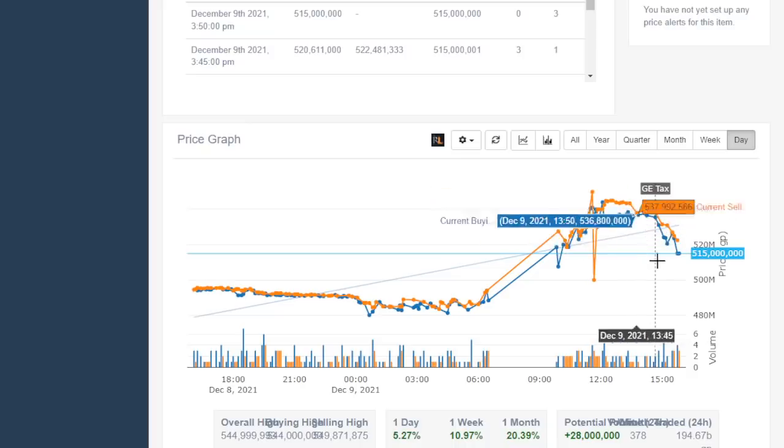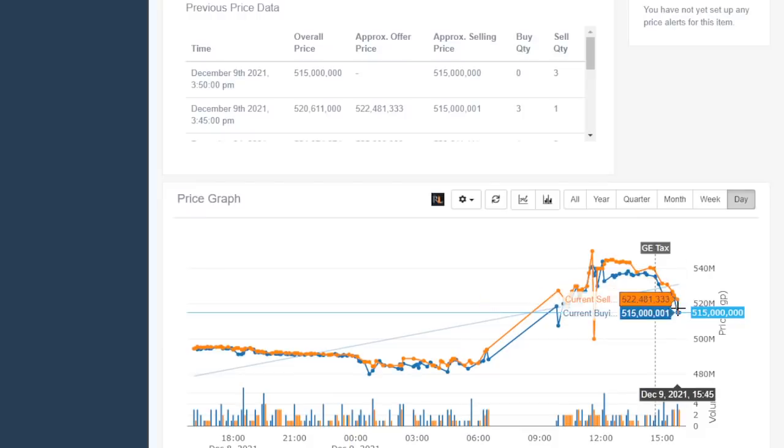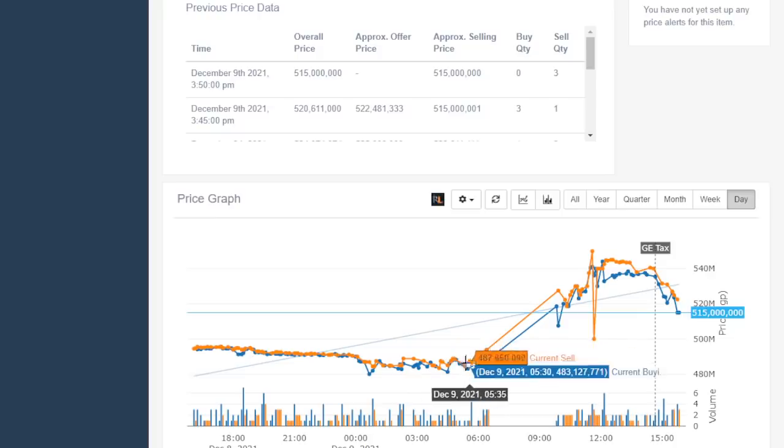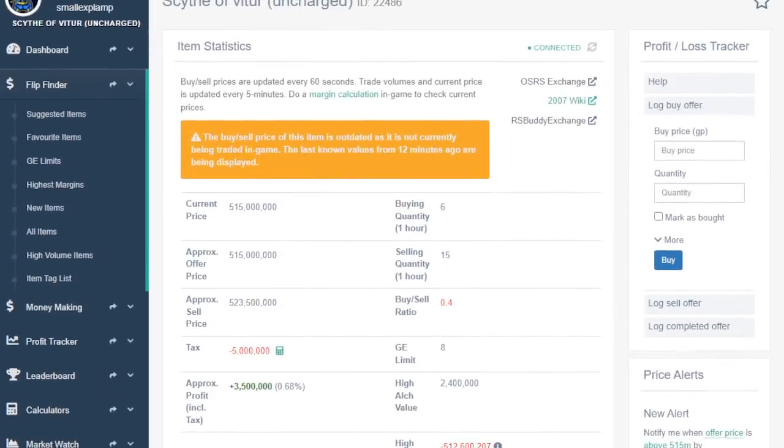So I might throw in a low ball offer, maybe 507 mil, 508, something like that, and then hope to flip it. But I definitely don't want to buy at the current margins, because that's just terrifying. It easily could go down 20, 30 mil, and then this video is just entirely me being sad because I took one risk. So yeah, I probably won't even touch that, to be honest,